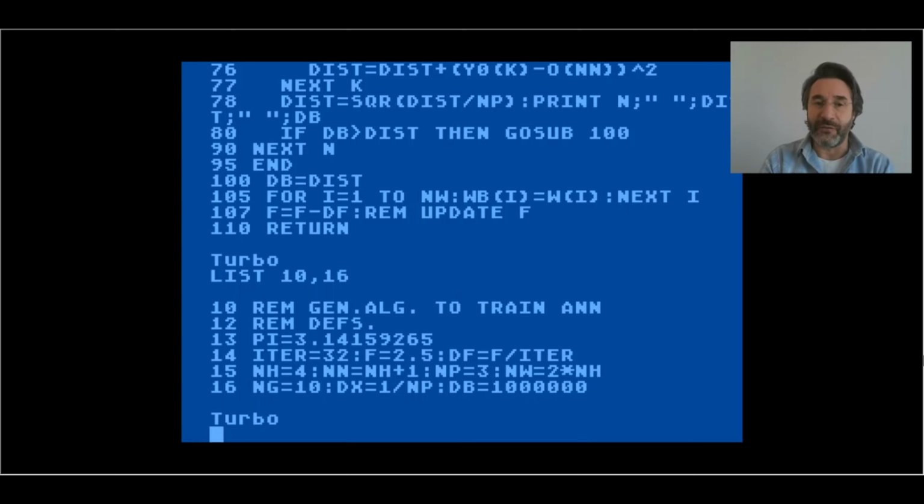On line 15, we start to define a few values for the neural network. NH equal 4, this is the total number of hidden neurons that we have in the network. NN then becomes the total number of neurons in the network, excluding the input neuron. So in this case, since we have only one output neuron, this will be NH plus 1. NP equal 3, this is the total number of points we are going to use for this curve fitting